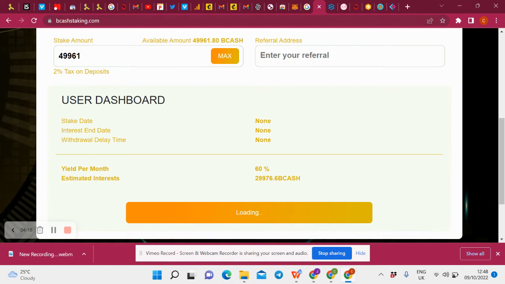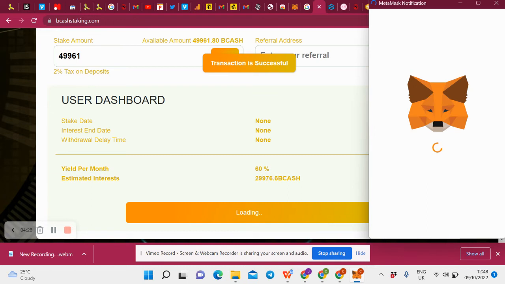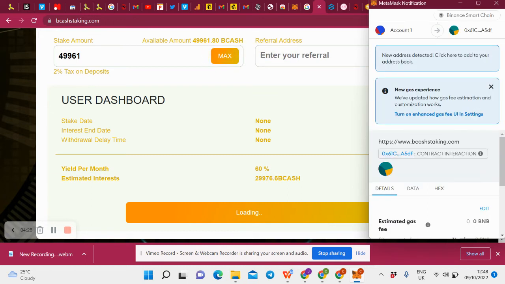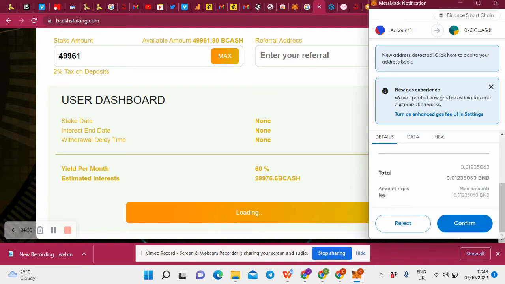The UI UX experience is amazing. It's amazing for this project. So we're waiting for the second step. Don't leave the page. Just hold on. It says transaction is successful. Please hold on. There will be a second command where you have to approve for your Bcash